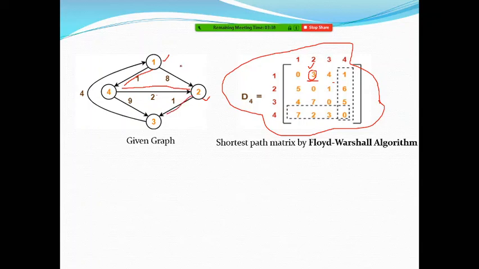That is the best part of this algorithm, because there was no connection between 1 and 3. The one visible connection was 1 to 4 and then 4 to 3, with weight 10. But if we use this optimal route, 1 to 4, then 4 to 2, and then 2 to 3, we can cut short this path, and the length is 4. Similarly you can verify that 4 to 3 is 3, and 3 to 2 is 7. So it is giving the distance between every pair of vertices. It is not like Dijkstra's algorithm, which gives the shortest distance from one vertex to the others. It gives the shortest distance between every pair of two vertices.